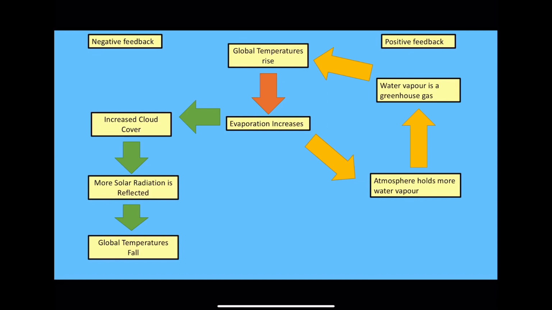So global temperatures fall would lead to evaporation decreasing, would lead to decreased cloud cover, and that would therefore lead to less solar radiation being reflected, and then so global temperatures would rise. So you can actually bring these green arrows around, so they form quite a large loop, but it'll go all the way around to the beginning again, same as the positive feedback loop, but it just means reversing a lot of the terms that already exist. Okay,